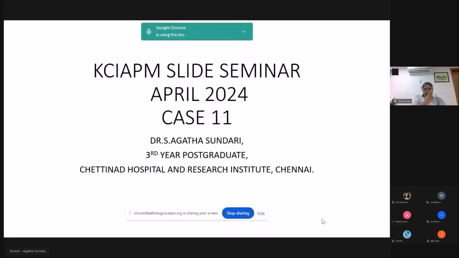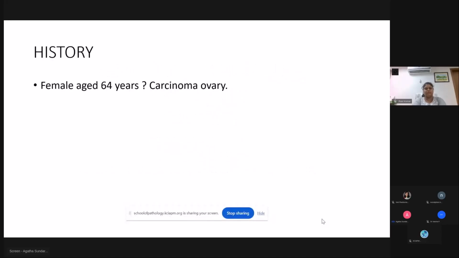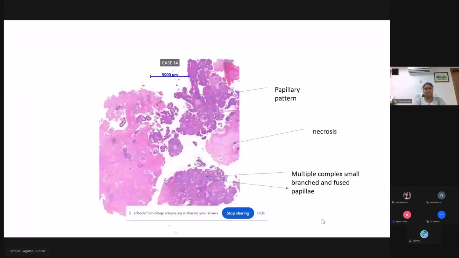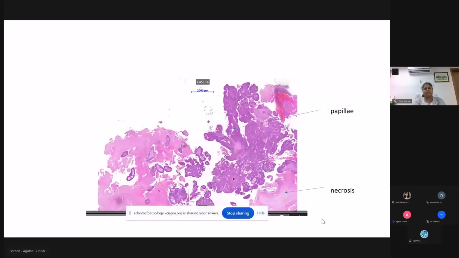So I am Dr. Agatha Sundari, third year postgraduate from Chettinad Hospital and Research Institute, Chennai. The case allotted to me was case 11. The history we received was a female aged 64 years with choriocarcinoma ovary. This is a low view showing tumor arranged predominantly in papillary pattern. This is another higher view showing the presence of multiple papillae showing a hierarchical complex branching